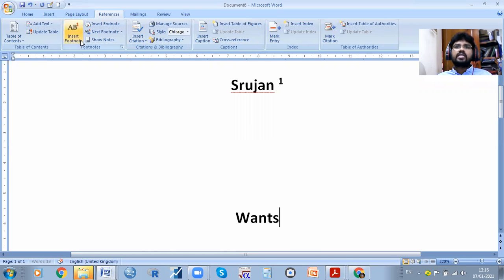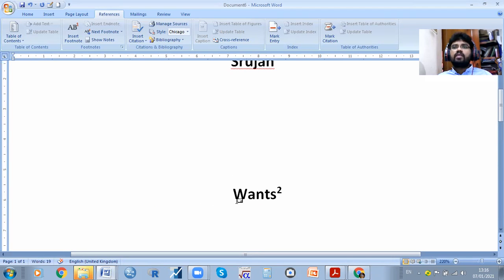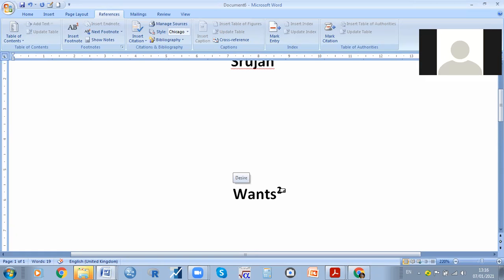Simple, you can insert a footnote. Here, for wants, you can simply see desire, in our economics terms. Somebody will read the wants. If you insert, there is a footnote two. What is two? It means wants, not squared mathematically. See, wants two, nothing but the wants meaning. So if you define it, the definition is simply: see desire.